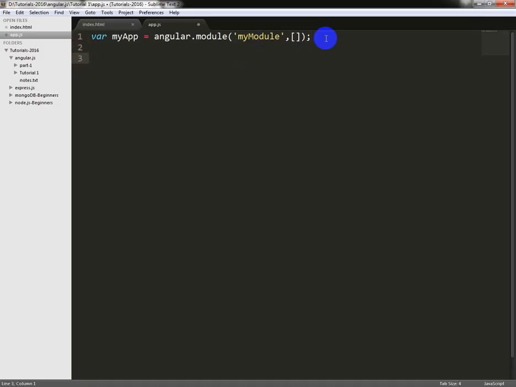Then we can create a controller. How can we create a controller? It's very simple. var myController = anonymous function, and here we'll declare one object, $scope. $scope is a built-in object from AngularJS, and here we can write